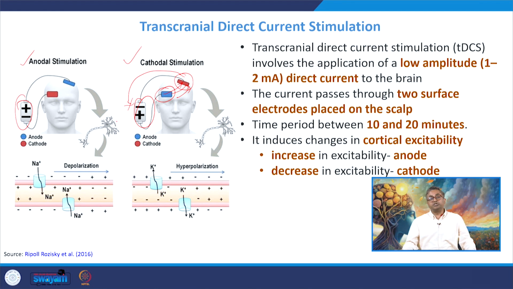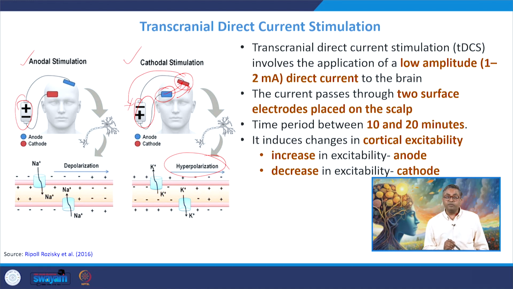And cathodal stimulation seems to dampen the cortical excitability, attenuates the cortical excitability, it dampens it, it reduces. So if a lot of cortical excitability is there, you do the cathodal stimulation, it will lower the cortical excitability. Okay, sorry, we are calling it hyperpolarization. Please make a correction, this is not depolarization. And when we talk about the anodal stimulation, this is the depolarization effect.